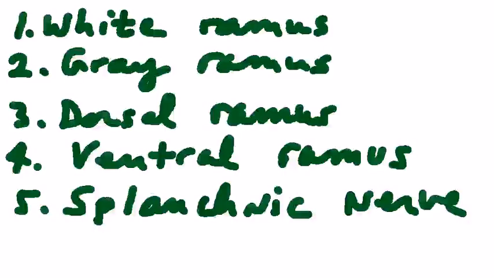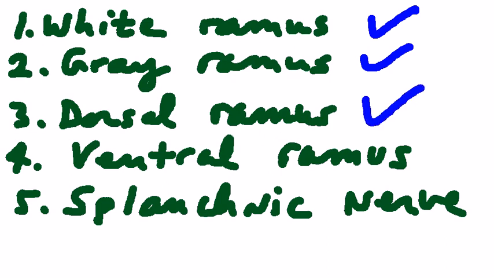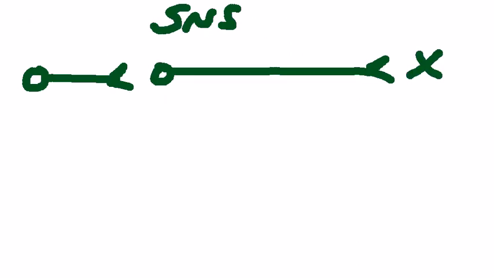In this video, we'd like to get a clear understanding of the following terms: white ramus, gray ramus, dorsal ramus, ventral ramus, and finally, splanchnic nerve. Let's get to work. So we've been talking about the anatomy of the sympathetic nervous system, which consists of chains